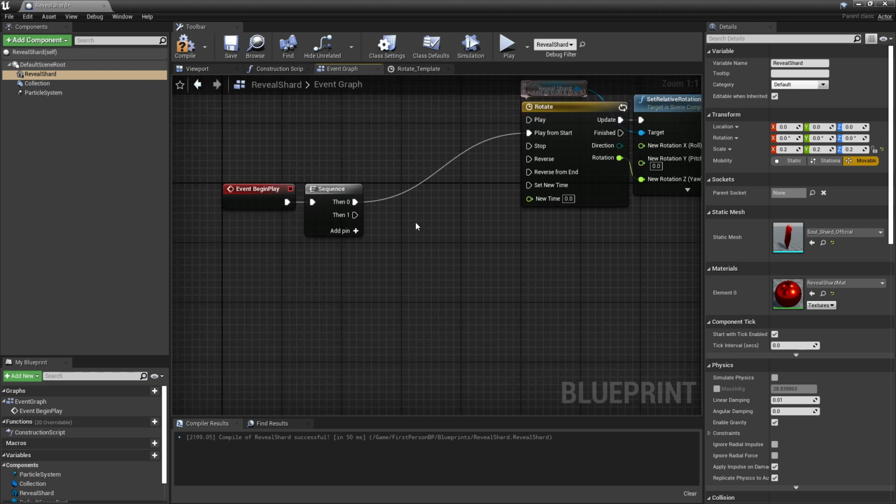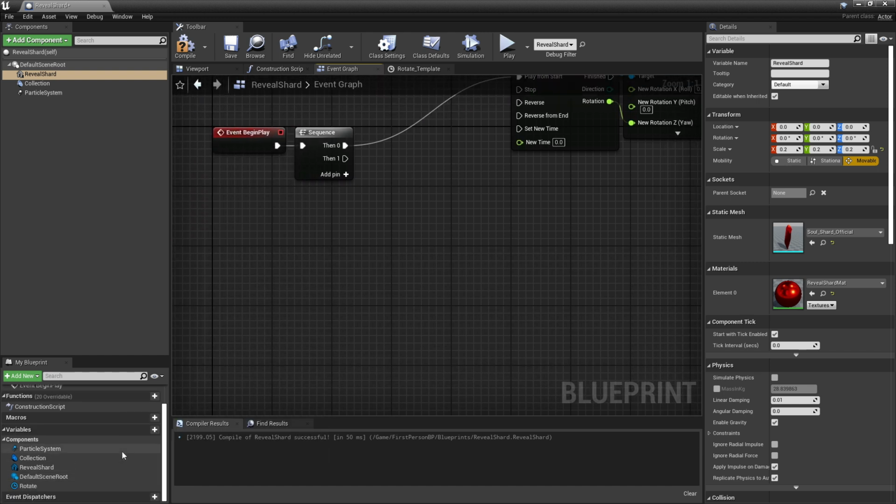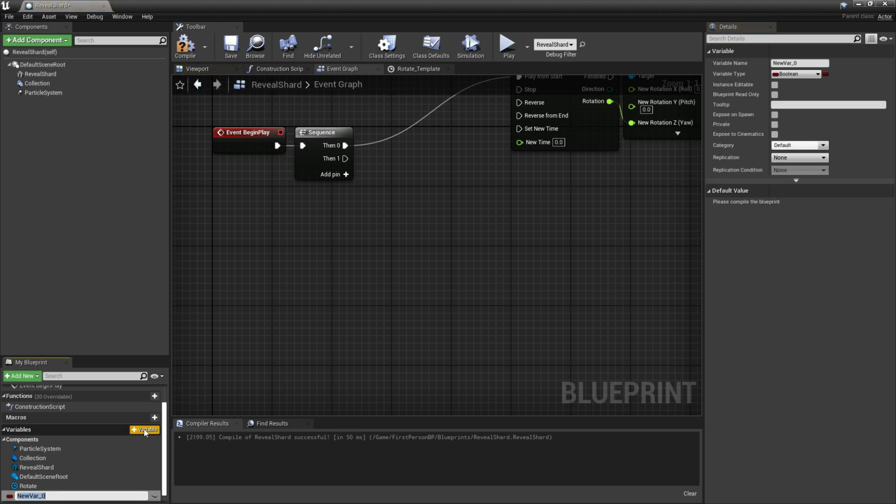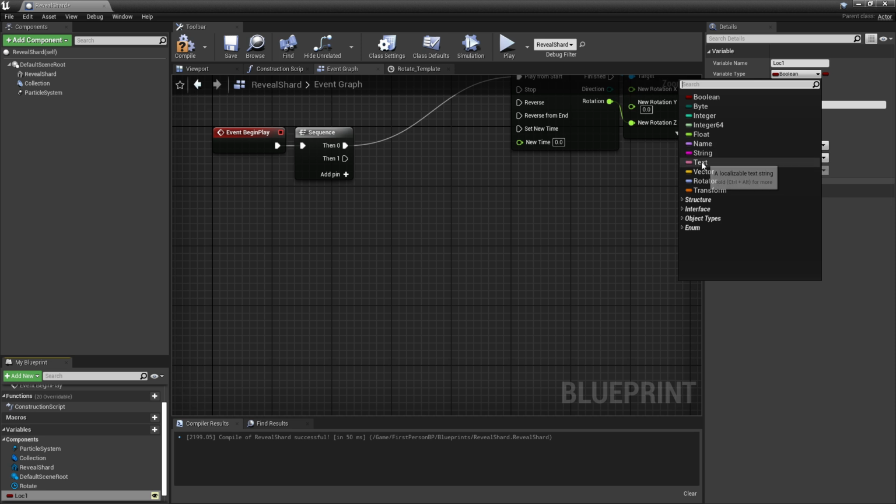Anyways, let's go ahead and go in here, and just for preparation, I'm going to set up a few variables. These variables will be location variables. Loc 1, location 1, and then we're going to make this public, so each instance of this blueprint can be edited for this variable. Then we're going to go up here, set this to a vector,